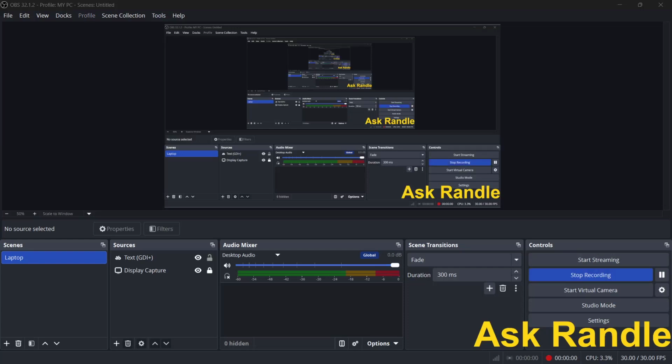In today's video, I'm going to teach you how to add chat highlights on OBS Studio. To get started, open your OBS Studio app and make sure you're in the scene where you want the chat highlights to appear. This is important because any source you add will be placed inside the currently selected scene. If you use different scenes for streaming, recording, or special layouts, just double check that you're editing the right one